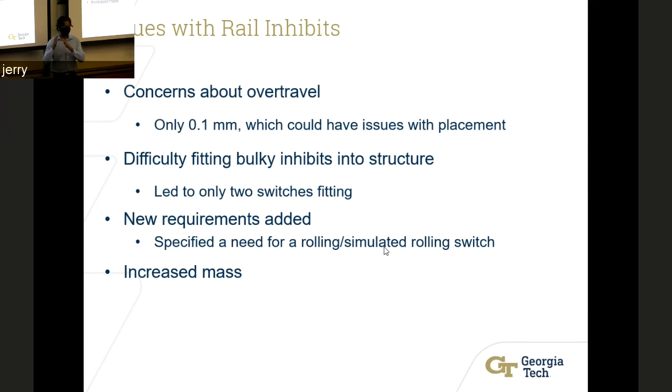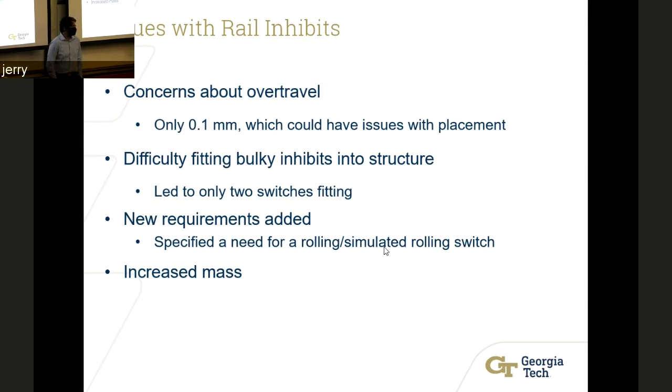So if we put the switches a little bit deeper into the structure to leave a little more tolerance against the 2 millimeter requirement, some of the switches wouldn't be able to fit into the structure, and we could only fit in 2 specific switches. That would reduce the amount of fault tolerance that we had and bring it back to a single point fault tolerance system, which isn't too much better than the single point fault tolerance system we had for the inhibit switches on the minus Z plate.